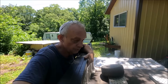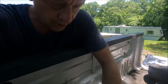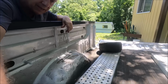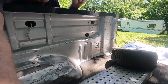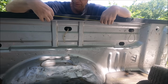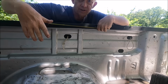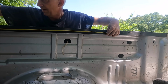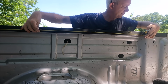So what I've decided to do is run a 2x4 on the rail of the truck here. It's going to be hard to demonstrate, so you can imagine what it is I'm going to do. It's even going to be harder to get the whole thing in the camera. So imagine this is a 2x4, and I'm going to have one of these on each side of the truck, excuse me. And it's going to go almost the entire length of the truck bed here. It's going to run right on this rail,